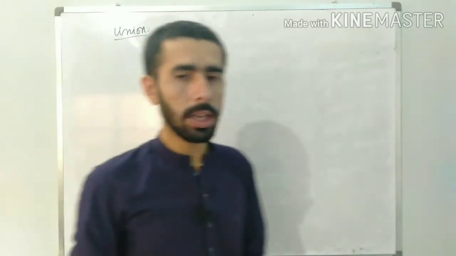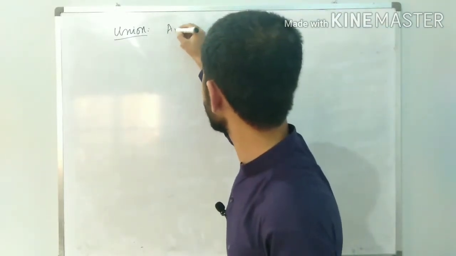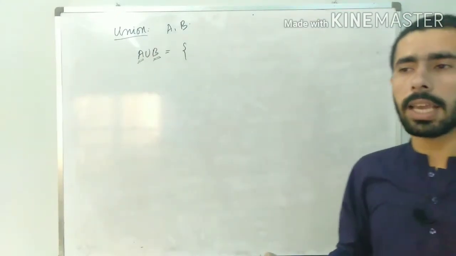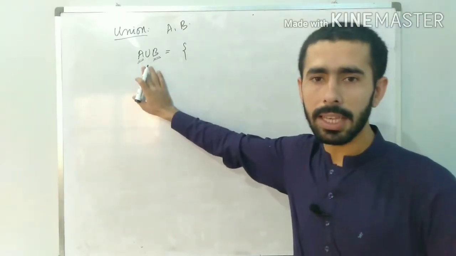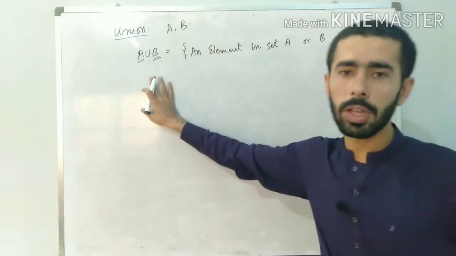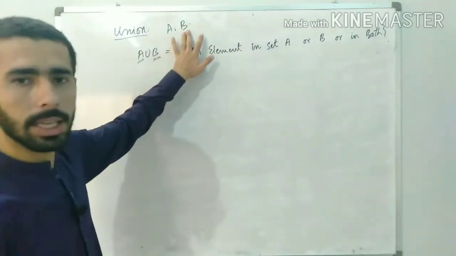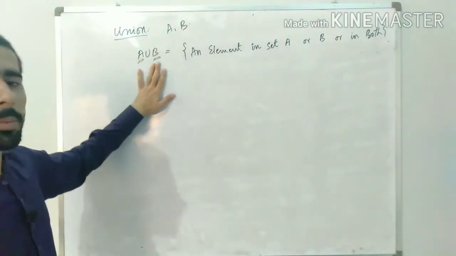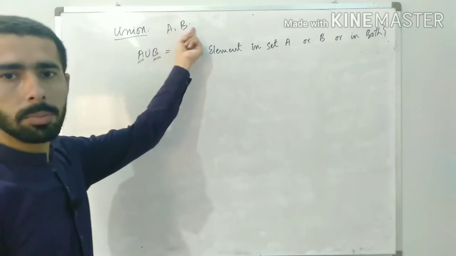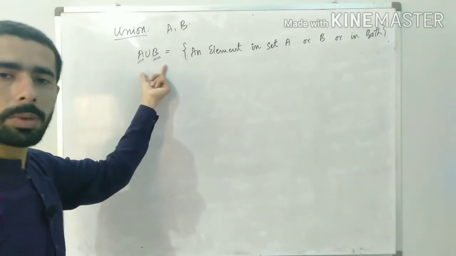Whenever we are talking about the union of two sets, for example, if I have sets A and B, we show their union with this sign, A union B. By union we mean all the elements which are either in set A or in set B or in both of them. Similarly, if A and B are events, by A union B we mean an event. If A is an event and B is also an event, their union would also be an event, and we would say that A union B is an event